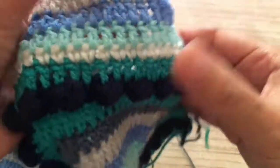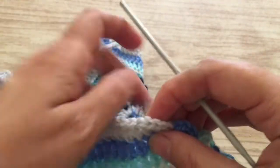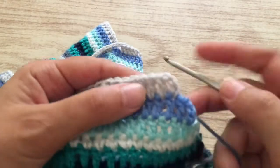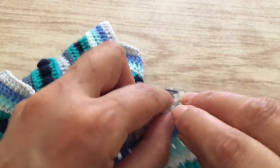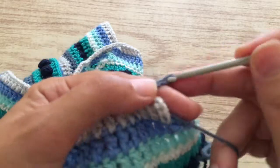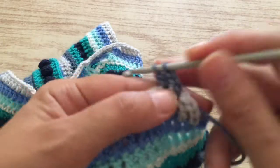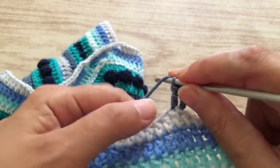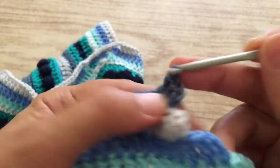Now we're going to start using this color. So, and we're going to start. We skip here, this one, from this one here. And we make 3 chains. We go to the next one and we make a treble. Now, we have to make 8 trebles. So, you continue making 8 trebles